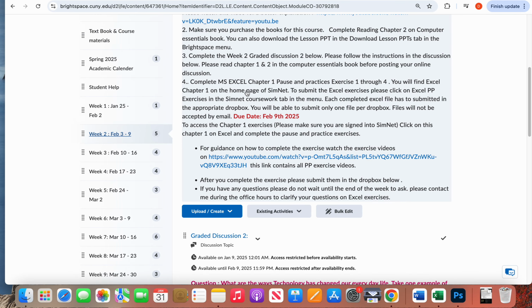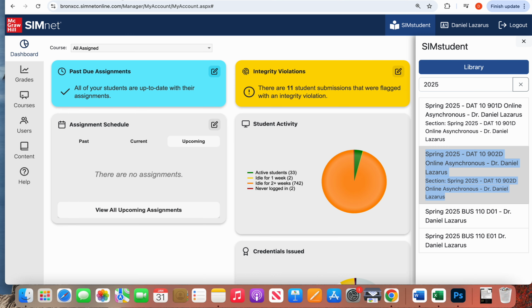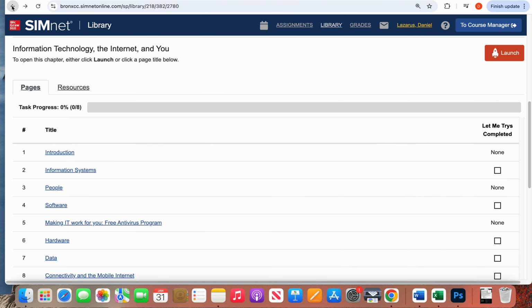Number 2 is Excel. Click on your SimNet. You will see your assignments. For example, if you click on this,